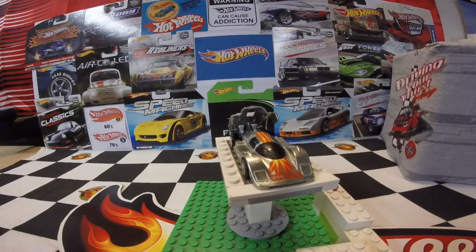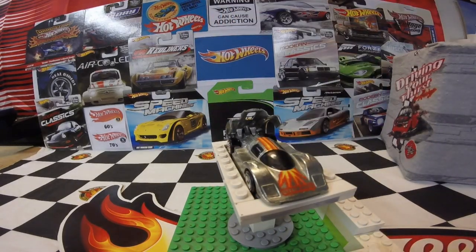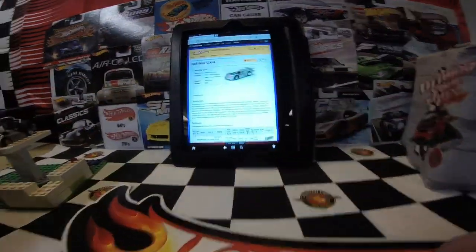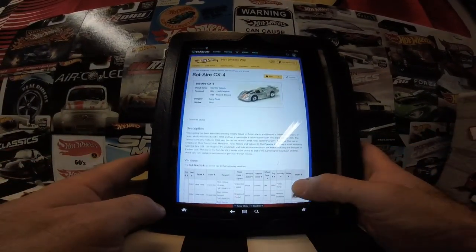Let's see if I can find this car really quick here. S-O-L. There it is. Right there. Came out in '84. Was the very first version of this car right there. I have a tripod, one leg on it's kind of...